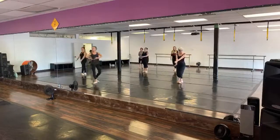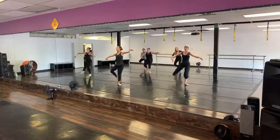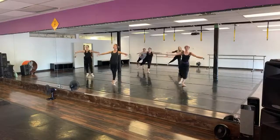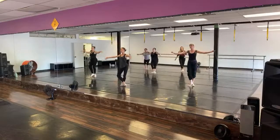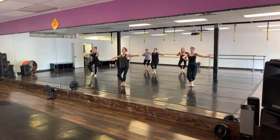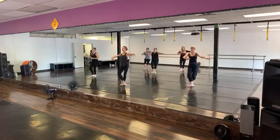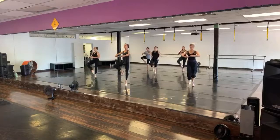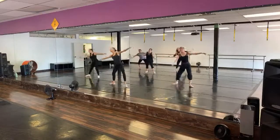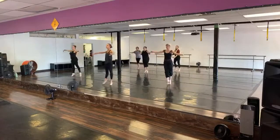Arms first, 7, 8, up, down, back, tombe, and back, side, front, stretch. 1, 2, arms in, 3, 4, 5, to releve, 7, 8, and down, up, down, take that space, up, down, tombe, side,